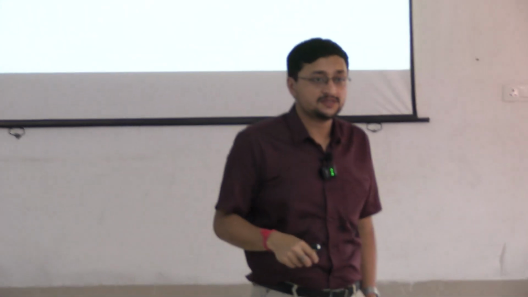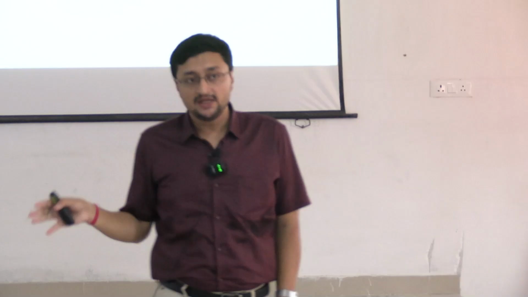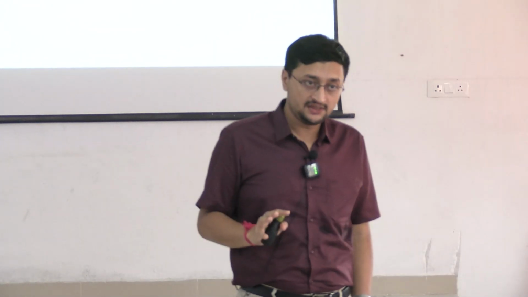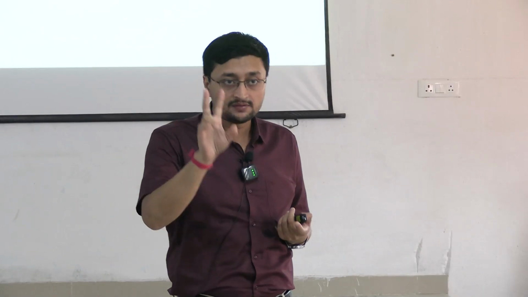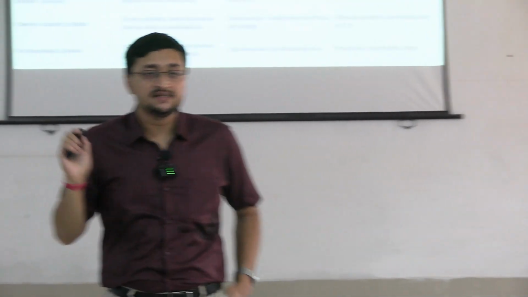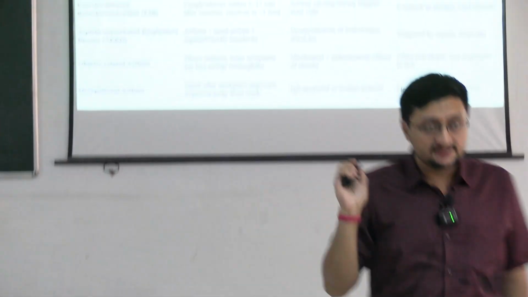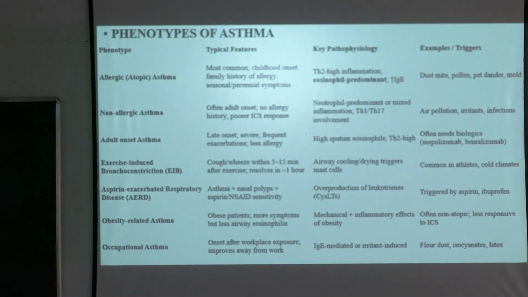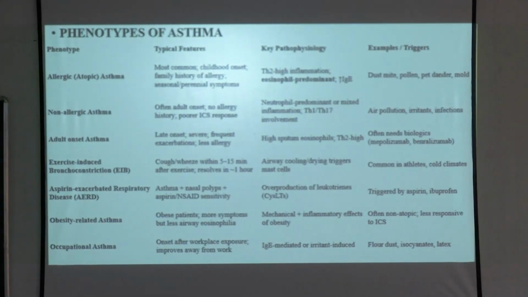So then what are the phenotypes of asthma? Actually asthma has different phenotypes. Asthma is purely eosinophilic, right? So asthma may be present from childhood or maybe adult onset. So these are the major phenotypes: childhood asthma, adult onset asthma. Okay, so atopic or allergic asthma, this is childhood onset asthma. Second one is non-allergic asthma and adult onset asthma. So non-allergic asthma